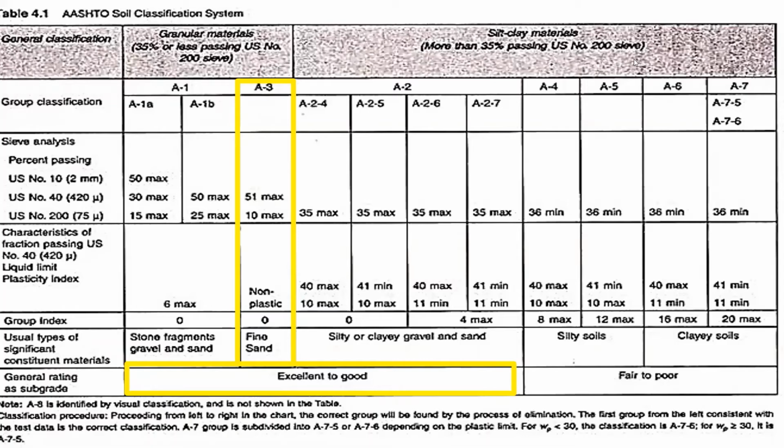This is the AASHTO soil classification. Now we have to use the AASHTO soil classification system. I have already told you at the start of this presentation that we will use the unified soil classification system. Another one is the AASHTO soil classification system. It's an American system. So whatever percentages we got, let me check what we got in the previous slide.